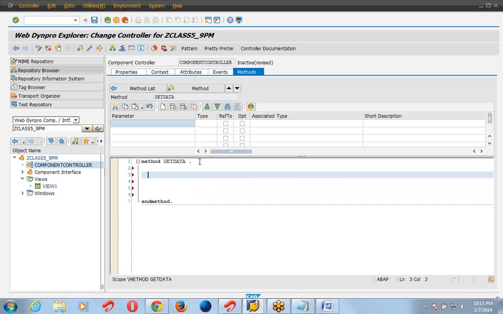I have to get the data from the table on the basis of input field. So first of all, I have to capture the input field from the screen. To capture the record from the screen, what do I have to do?